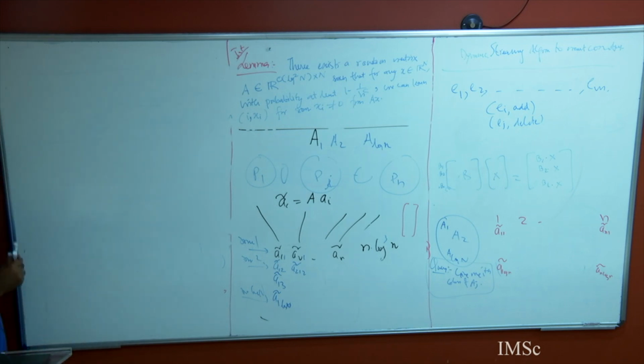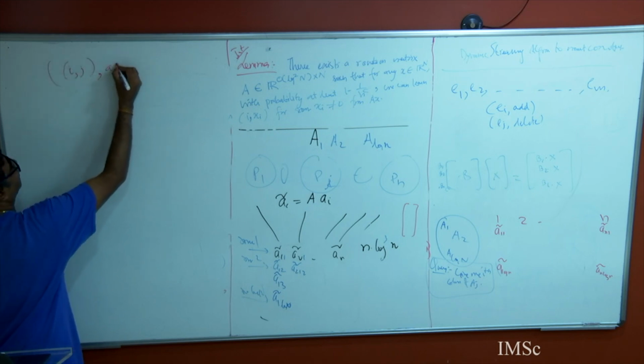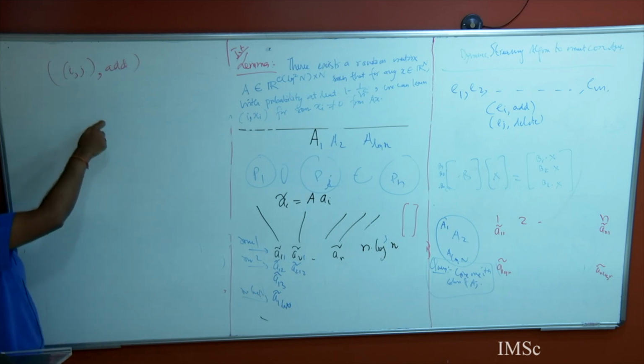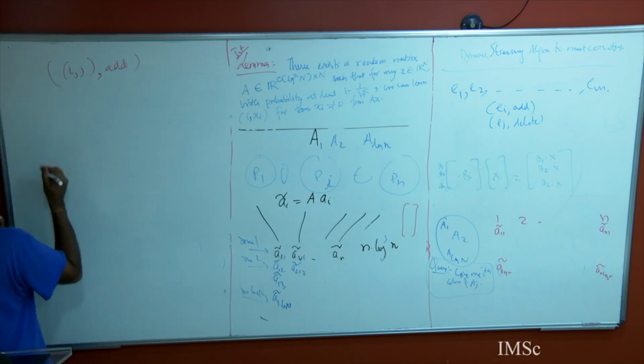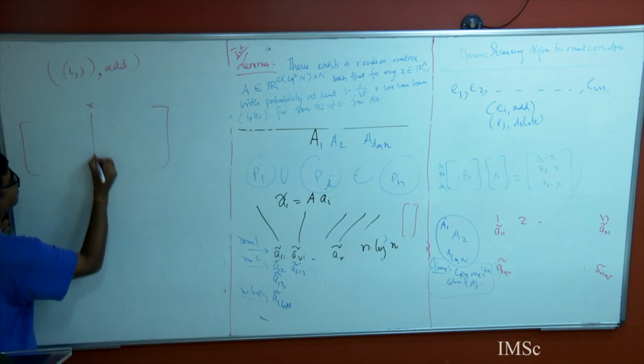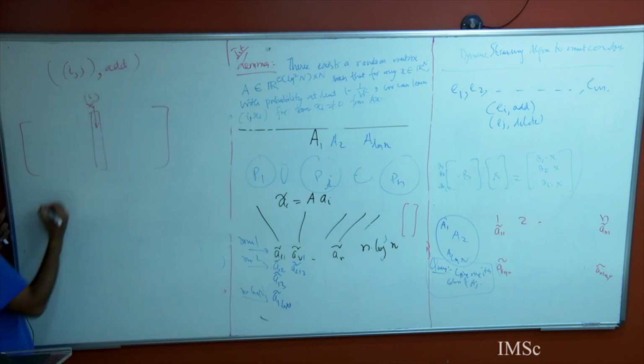So an edge has come. Suppose I have come ij add. What should I do? Suppose this is a query, it has come. I would like to maintain that this is the correct set of sketches for the current set of graph. What should I do now? First of all, I must know that looking at ij, I know which entry in that big matrix, right? Big matrix. This is a column ij, right?